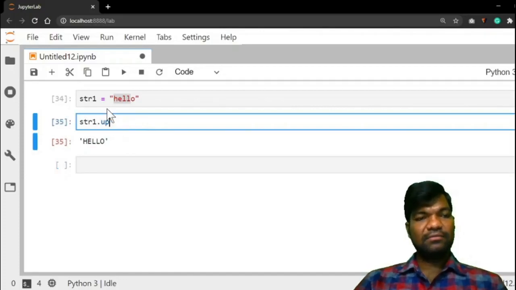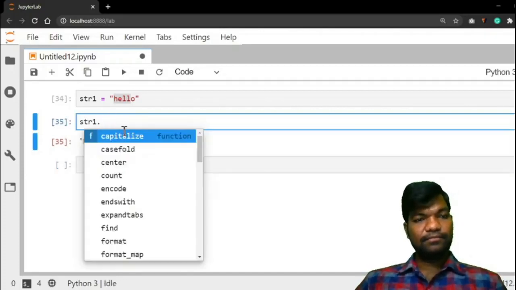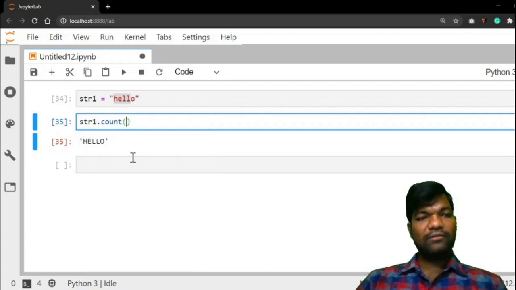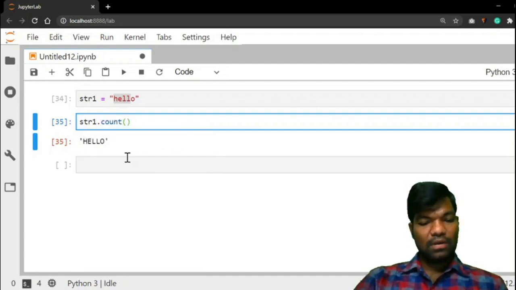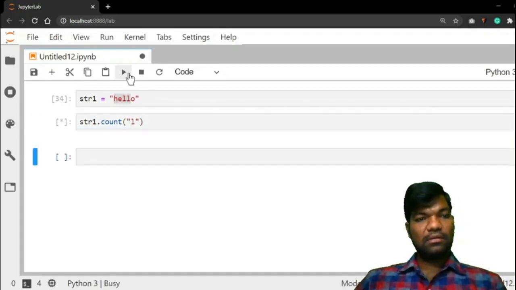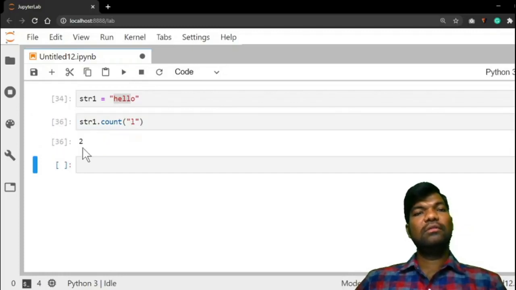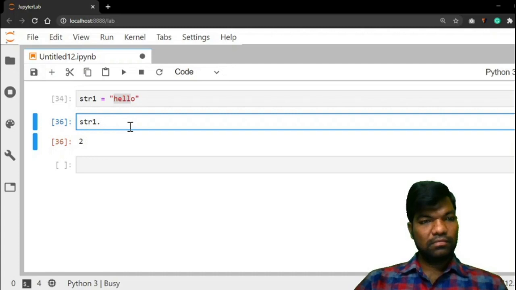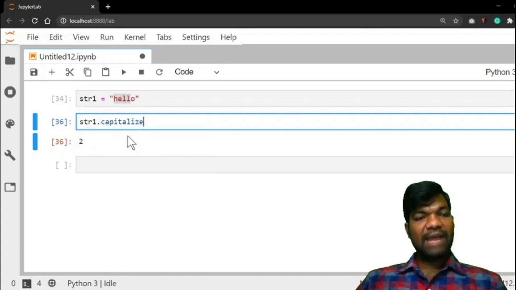Take another one, count of L. Count of L, 2, right? So take another one, capitalize.